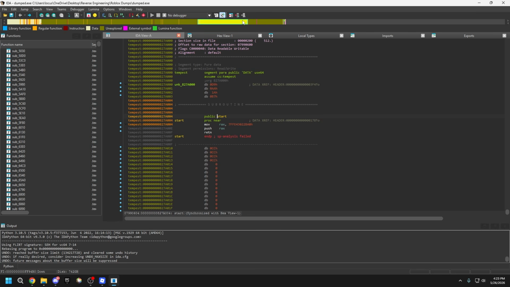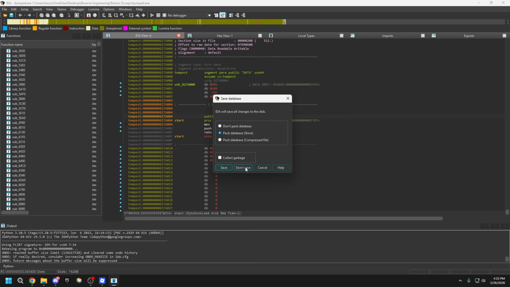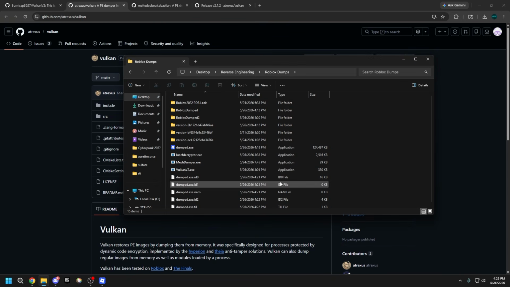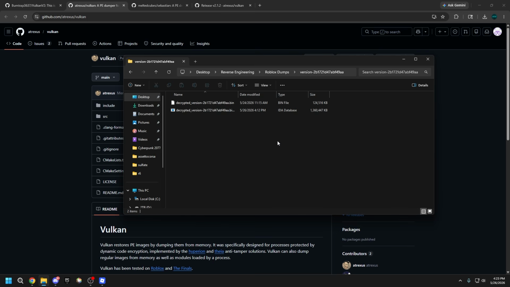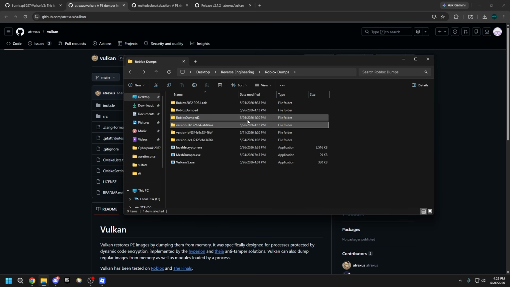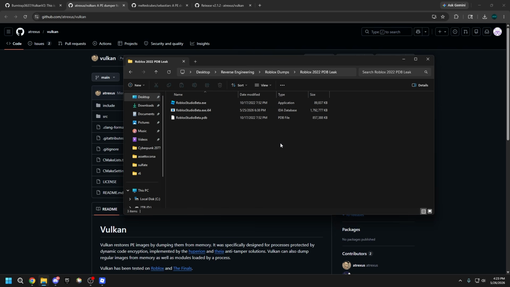You're going to wait for everything to be this tan color. Now I, of course, for the sake of the video, am not going to wait for that. So I'm actually just going to open one that I already have analyzed, which is the latest version right here. This is already analyzed. And what I'm also going to do is open this, which is the Roblox 2022 PDB